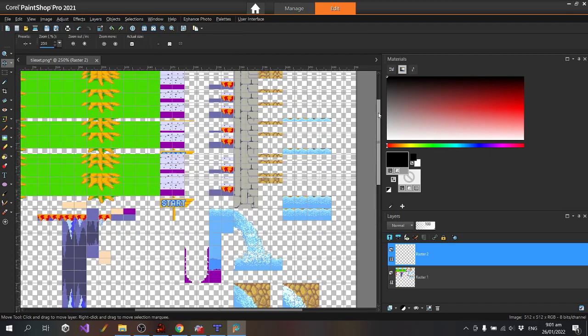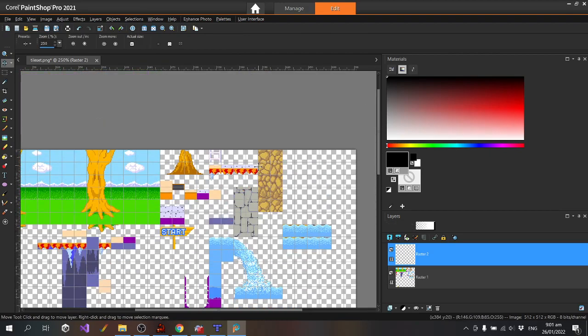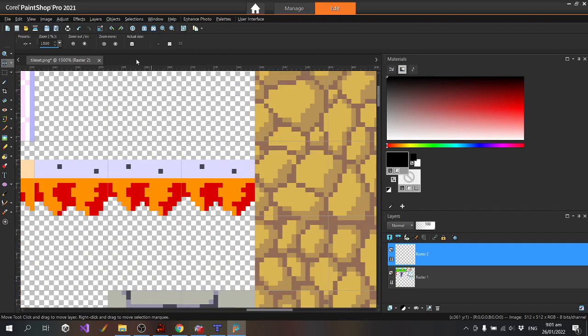Grab that. I assume I must be the only person that does Scorpion Engine stuff with Paint Shop Pro.